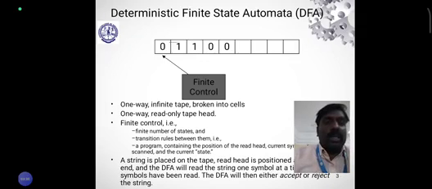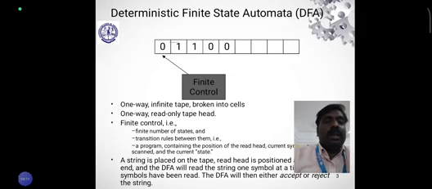Suppose the string 0, 1, 1, 0, 0 starts with 0. That is a rule: the string should start with 0. The finite control has a program containing the position of the read head, the current symbol being scanned, and the current state. The various states available in a finite control can be represented with Q0, Q1, Q2, or we can use capital A, B, C, such as non-terminal symbols. So this is the basic structure of a finite automata.